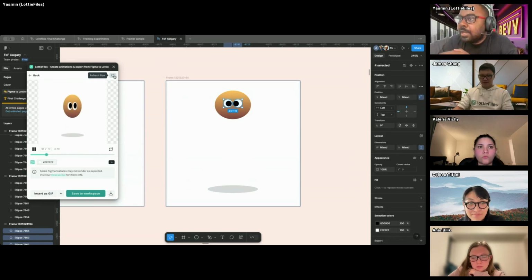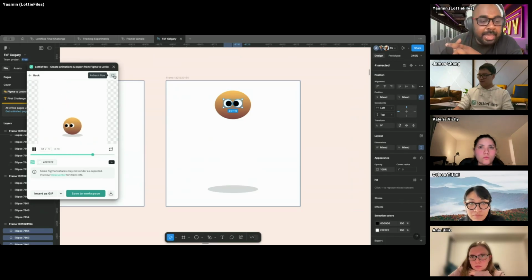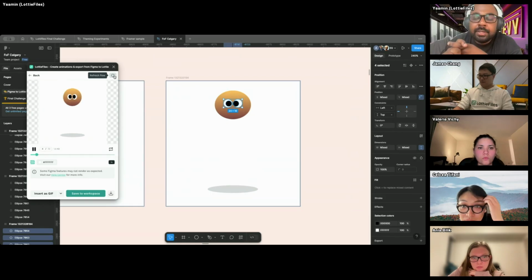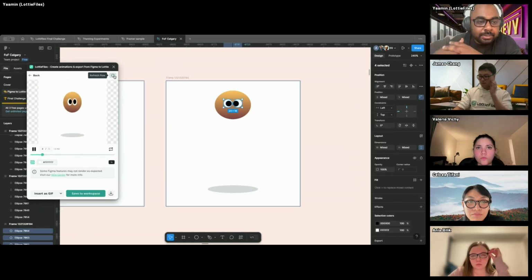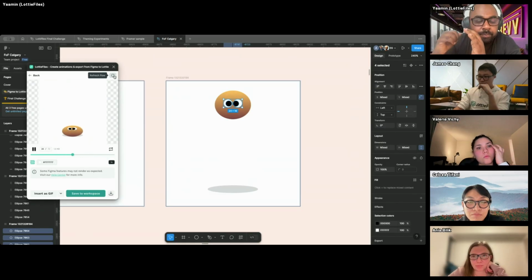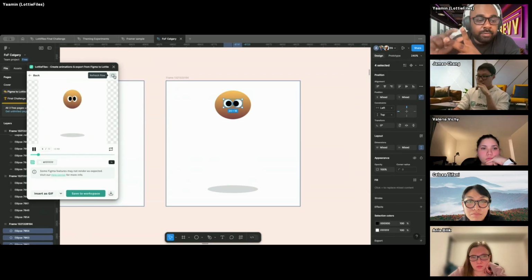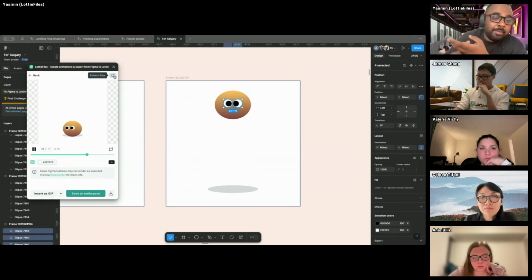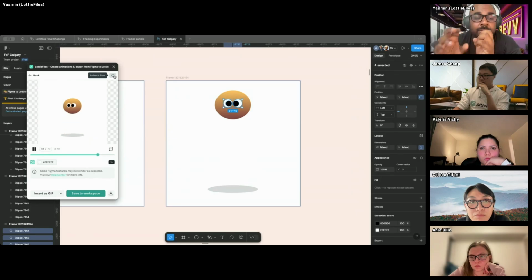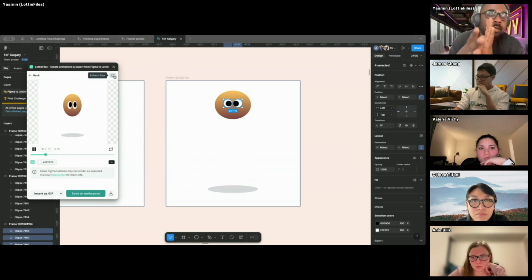So do you have to copy and paste each frame versus option click to duplicate? Doesn't make a difference. The only thing that you have to keep making sure is that every frame has all of the elements that you are trying to manipulate, and make sure that the naming for all of the elements in each of the frames remains consistent, because like I said, the plugin picks up those two things. It picks up what's in each of the frames, and it also picks up if the unique ID, which is the name, is the same, so that it understands what are the differences that it has to manipulate in each of the frames